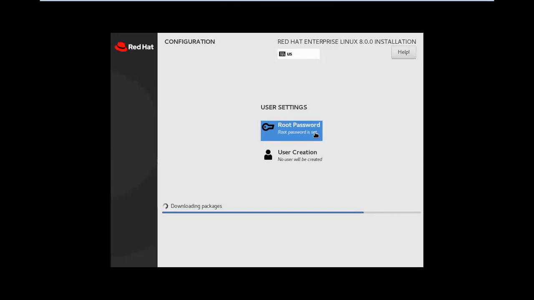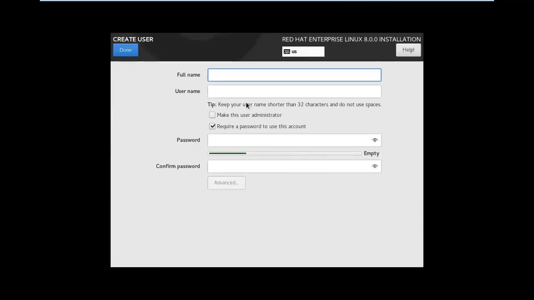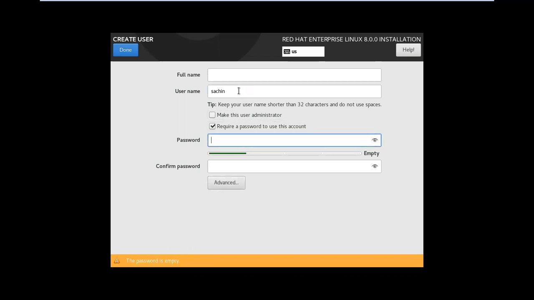The root password is set. Now create one normal user account. This is compulsory. For example, Sachin. Give the password; any password you can set. So Sachin is the normal user account. If you log in as Sachin and use the administration commands I am going to explain, it will give the message permission denied.